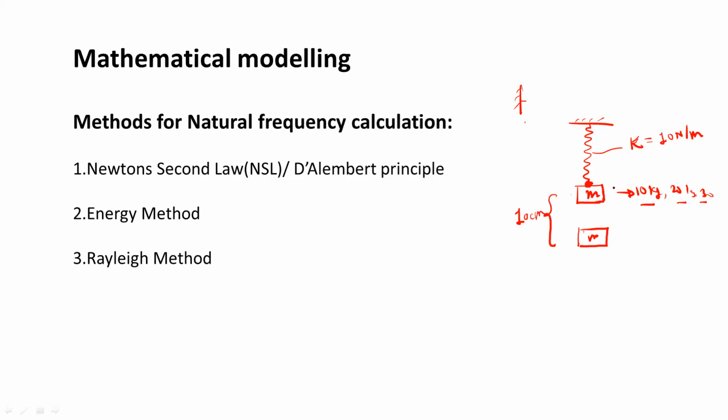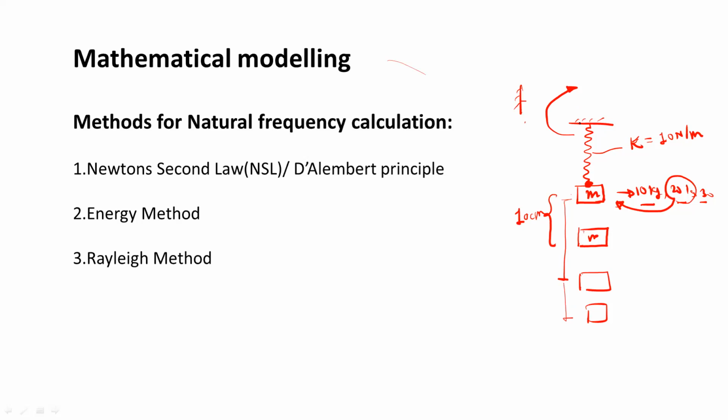Suppose you want to find out the deformation because of 20 kg. You will connect 20 kg and again find out its deformation, measuring this length. For 30 kg, you will connect 30 kg and again measure this length. So this is the physical process. If you conduct one experiment to find out the deformation because of each weight, then every time you need to connect the weight 10 kg, 20 kg, 30 kg, and measure the displacement. But just by one equation, you can easily predict the deformation due to different weights.